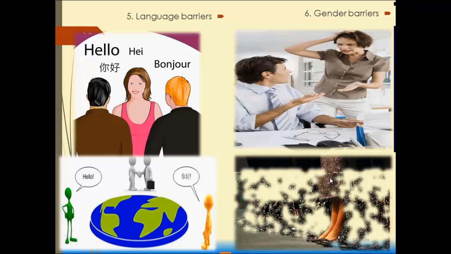So it's just a different way of perceiving things, the color, okay? So it can be gender barriers as well as perceptual barriers, okay? We had a different way of looking at things. We thought it's brownish, and the ladies thought it was gray. So that's gender barriers.